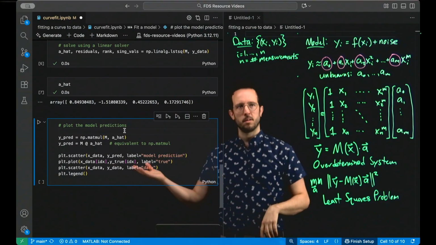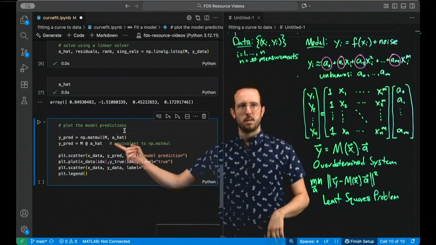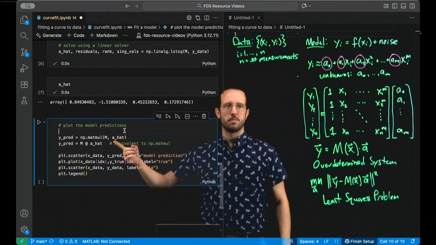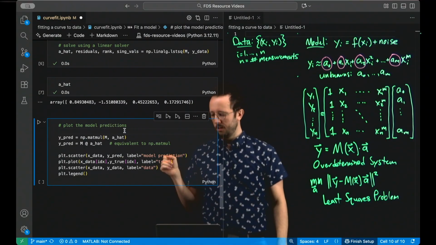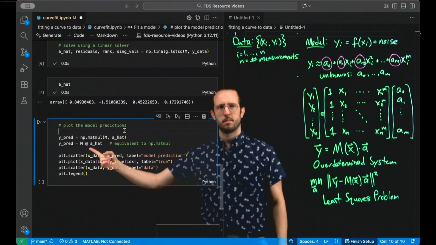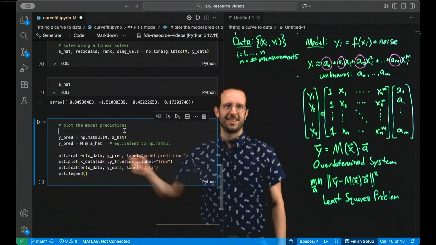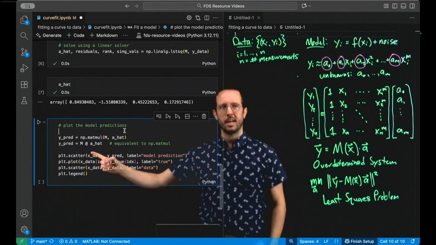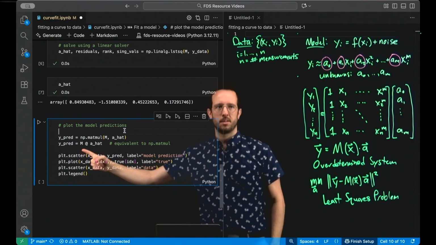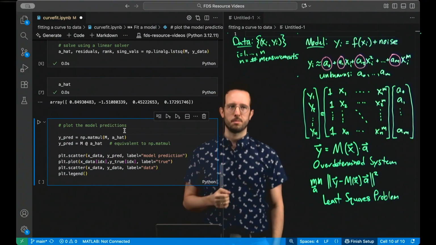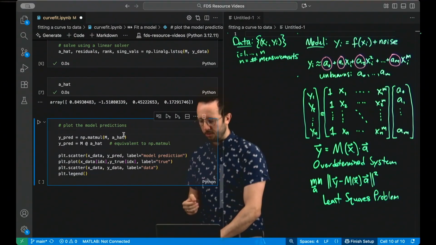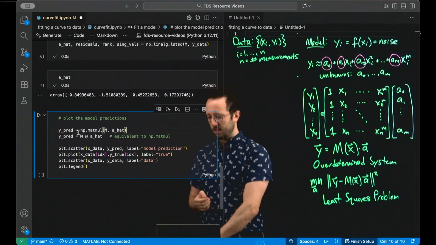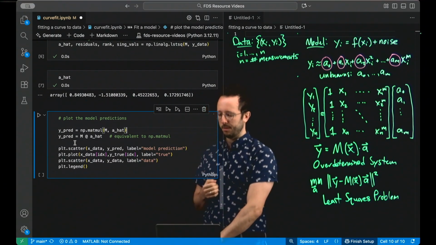In Python, you can do it a couple ways. There's a matrix multiplication function, np.matmul, where you give it the matrix and the vector, or you can actually use the @ symbol. Yeah, so the @ symbol also does matrix multiplication. So when you have a matrix @ a vector, this is NumPy syntax for do the matrix multiplication. So these are both equivalent, and I've just written both of them just so you can see two ways of doing it. So these are the predicted y values based on our polynomial model.